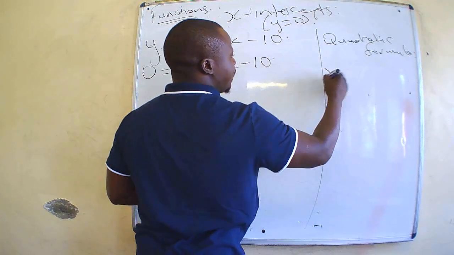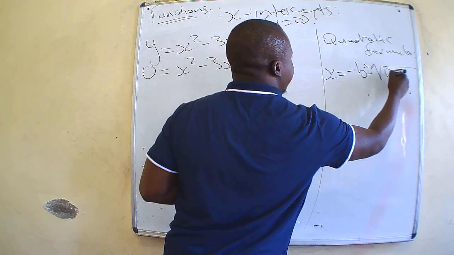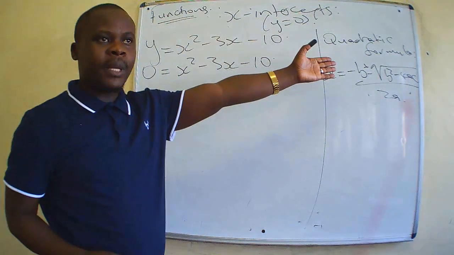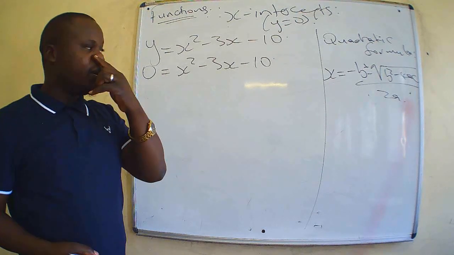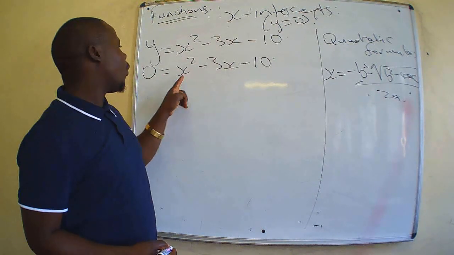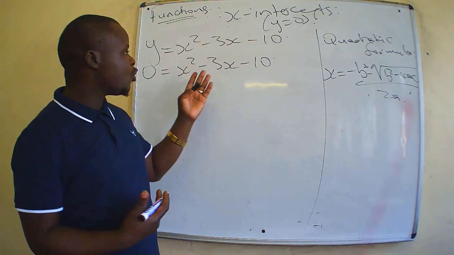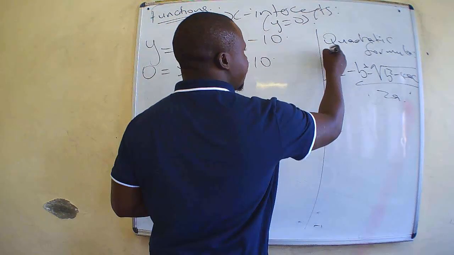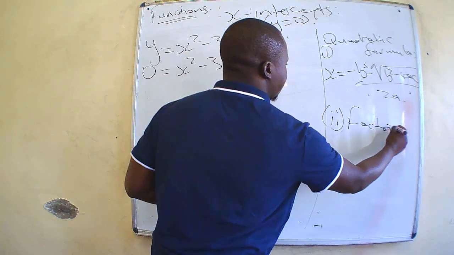The quadratic formula is known as x equals negative b plus or minus the square root of b squared minus 4ac, everything over 2a. You can use this formula to find the x-intercepts. But if the expression is of a format where it's possible to use other methods for factorization, because you need to factorize this, then method 1 is the formula. Method number 2 is factorization